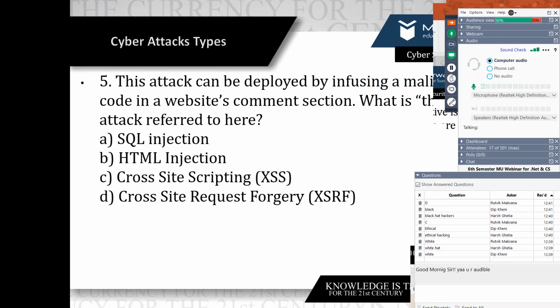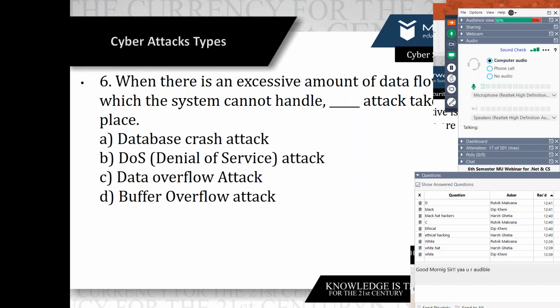Now, next: when there is an excessive amount of data flow which a system cannot handle, or an attack takes place, it means a certain level of data increase is not handled by the particular website or system.